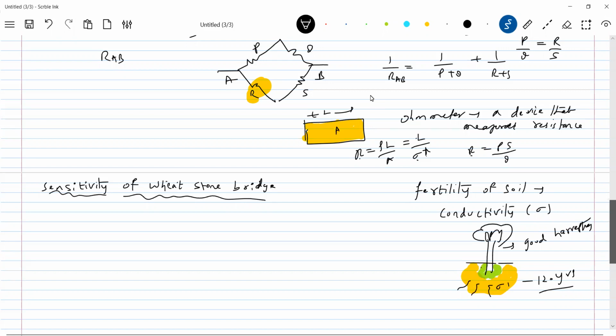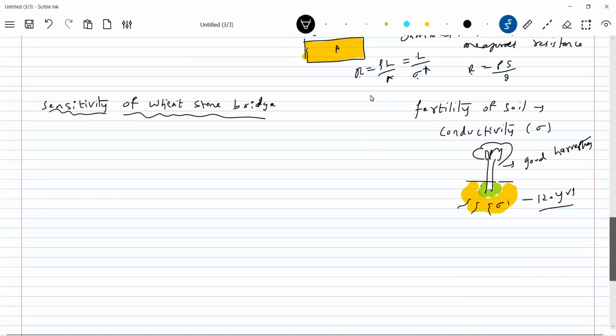Okay, now definitely, what next? What problem arises when I start using this to measure the fertility of soil? The problem I encountered is that it should be more sensitive. The bridge should be more sensitive, meaning a slight change in the value of R should give me a large deflection, because the bridge is balanced. When the bridge is not balanced,